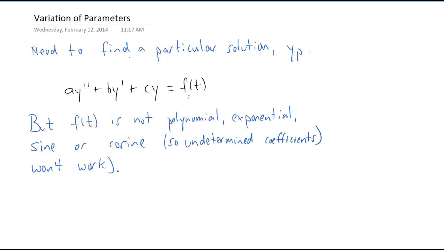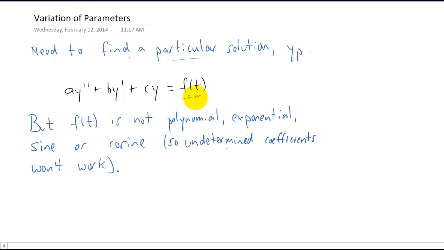Hey everybody, this video is going to be about variation of parameters. The situation where we would use variation of parameters is this. We need to find a particular solution to a differential equation. It's a non-homogeneous differential equation. But our right-hand side is not polynomial, exponential, or sine or cosine, so our undetermined coefficients technique won't actually work. So the right-hand side might be maybe a secant or a tangent